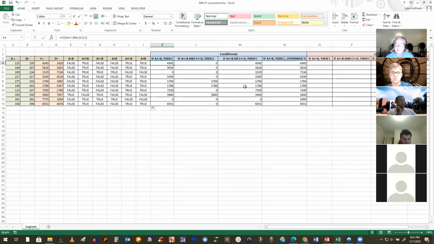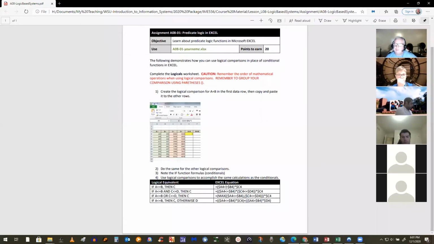They didn't realize that this predicate operation was even available in Excel. But once I realized this, I realized that I could do conditionals mathematically now without using an if statement. So we're going to do that right now. We're going to build the same if statement, but using predicate calculus. And to make this easy on you, I've actually given you the equations here that we're going to put in here. So this is the first one.